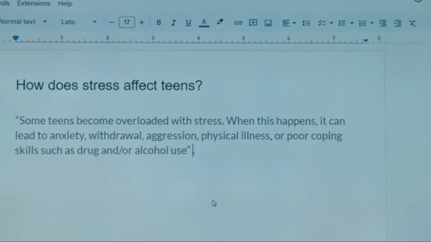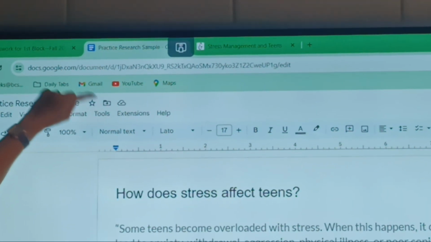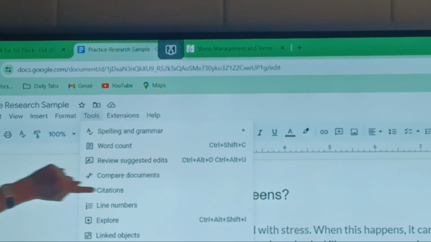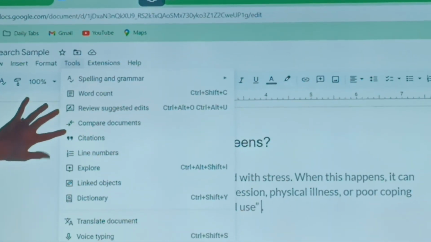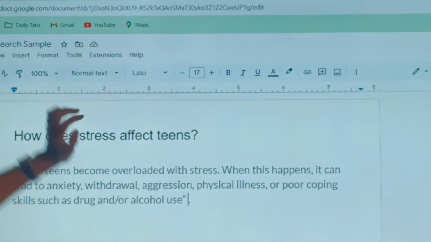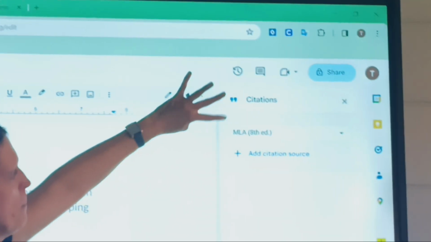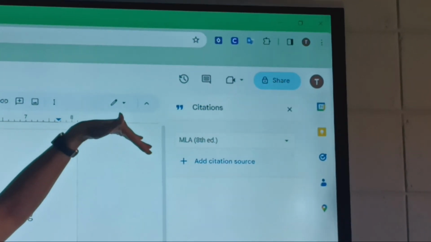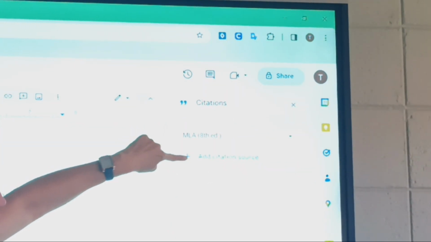What we want in parentheses here is, where did we get this information, because we didn't make it up. Okay? So back up here to the screen, look at your toolbar, and you're actually going to press on Tools. Then you're going to look down for the quotation mark. This is the citations. This is how you cite where you got the information. Click on it and look to the right side of the board. It's already in MLA. That's what we want, Modern Language Association. That's what your paper is going to be written in any English class. We're going to hit the plus sign because we're going to add our new source, add the citation.